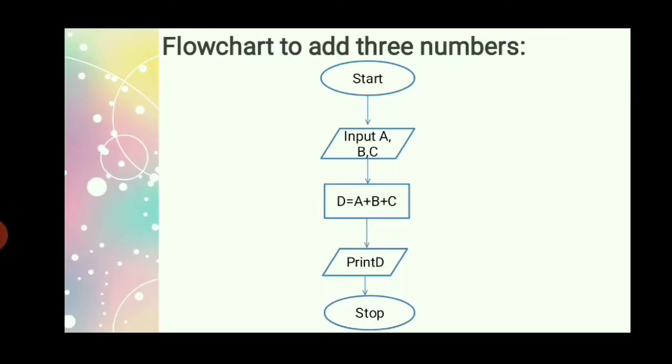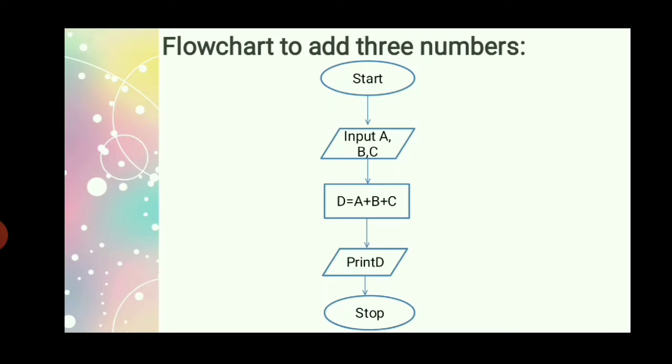For example here, this is a flowchart to add three numbers. Earlier we have done the algorithm to add three numbers. Always remember, while writing an algorithm for any topic, any question, we have to think what is the input here, what is the process here? Process means the formulas and all steps, and output means to display the result after calculating. So three steps are very important.